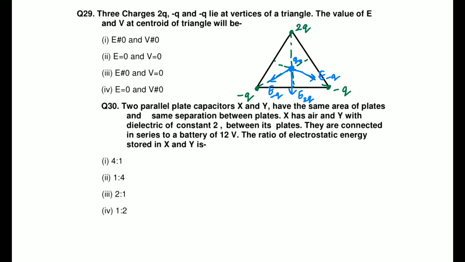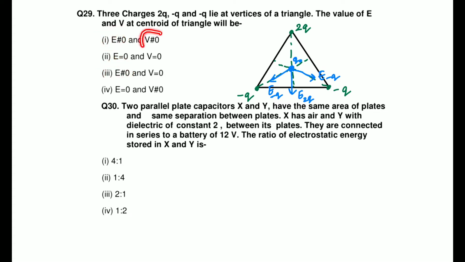Now you guys can very nicely see here, when you add these two vectors, you will have a vector along this particular direction, and entirely this vector will also add. So in entirety, I can very nicely say my electric field is not going to be equal to 0. It is going to be a finite value. It will definitely have some particular value. It will not be equal to 0. First of all, it is not equal to 0, and it will have some finite value, right? So let's see which option. So you have two options here, this one or this one.